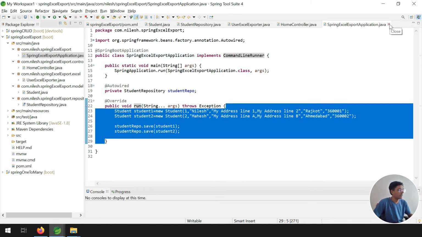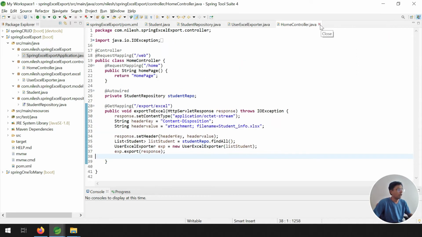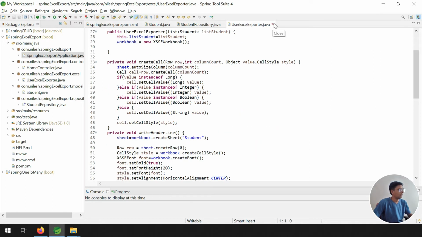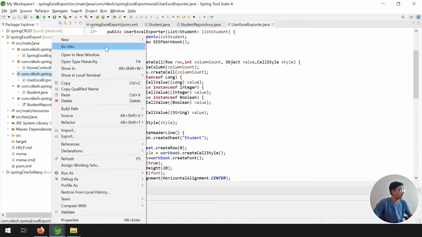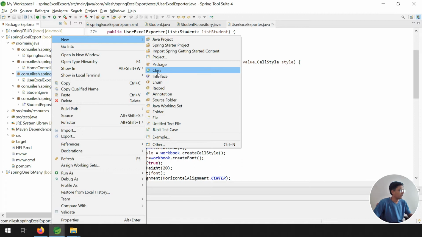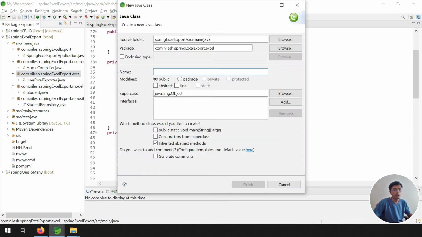So that's it. Let's start with how to import the values of the student. This example has been completed after the import, so we can import and export in the same example. For that I required one new class over here. The class name that I put here is